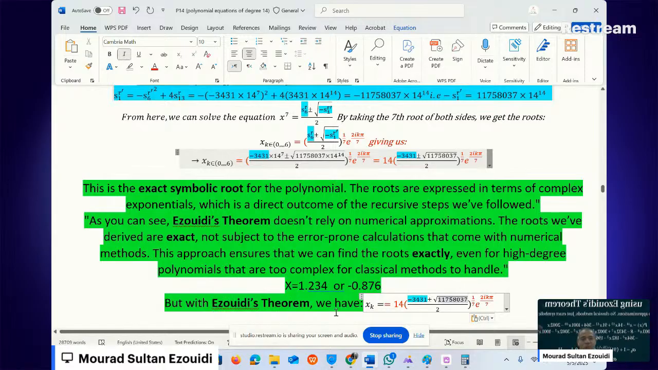But with the Ezouidi theorem, we have x k equal 14 times negative 3,431 plus root of 11,758,037, don't forget about plus negative, divided by 2, all raised to the power 1 over 7, exponential to k i pi divided by 7. Then the argument I want to write as, for example, 2k plus 1 and put outside 3k. So here,